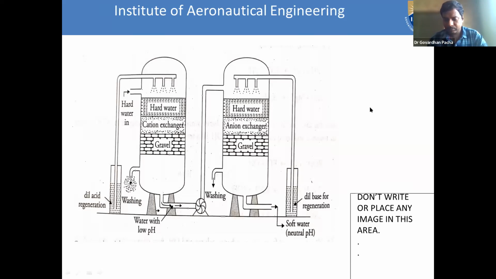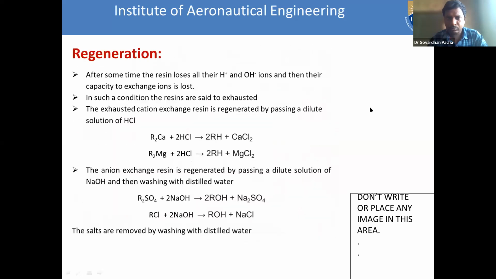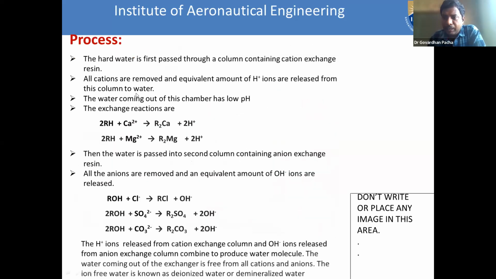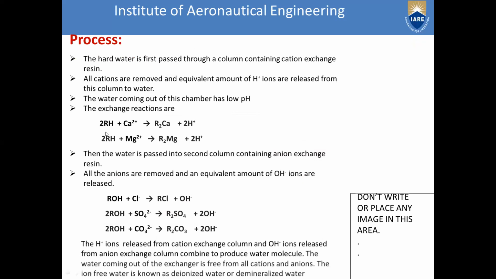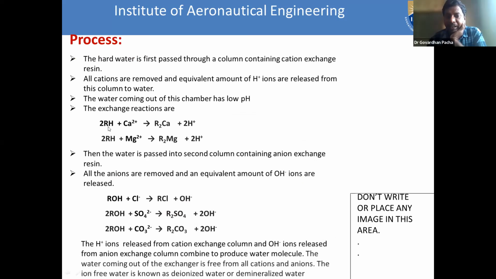Now we see the equations. So initially we said that the hard water enters a cation exchange resin. I think all of you know the representation for a cation exchange resin. What is the representation for a cation exchange resin? RH. So see the equation. There is a cation exchange resin, and that resin is treated with the hard water containing cationic hardness. Generally cationic hardness, whether temporary or permanent hardness,